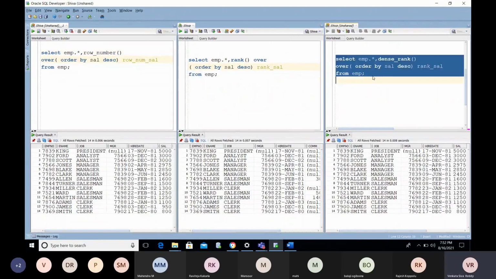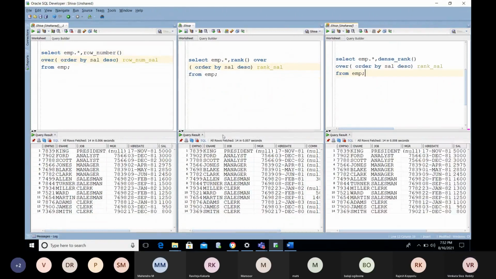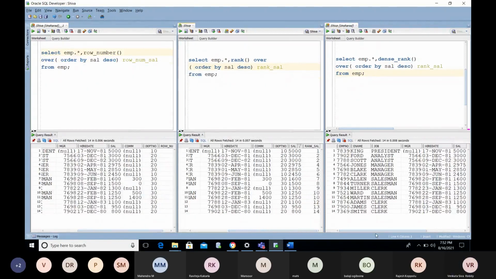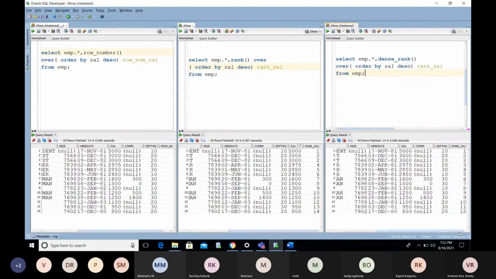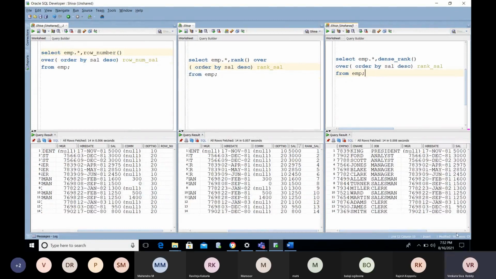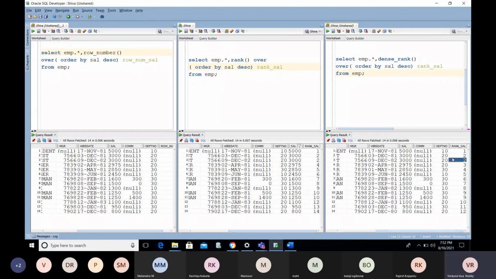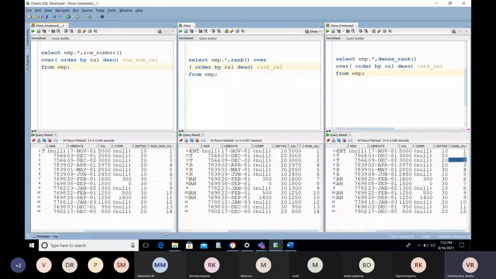Now, can you observe this? Else I can take only a few columns if required. See, this is the DENSE_RANK and the RANK, which we already saw. Now we are going to see the ROW_NUMBER result set.